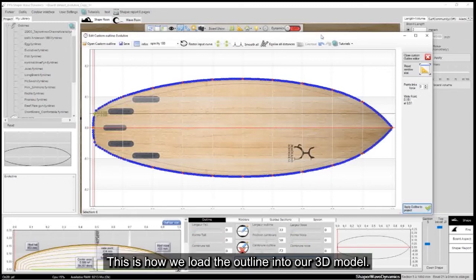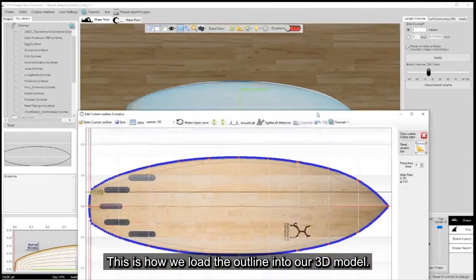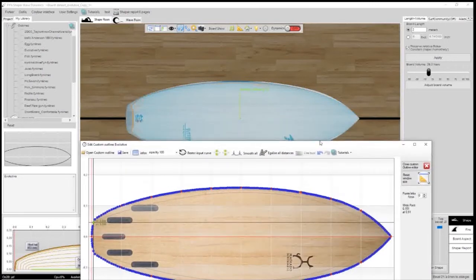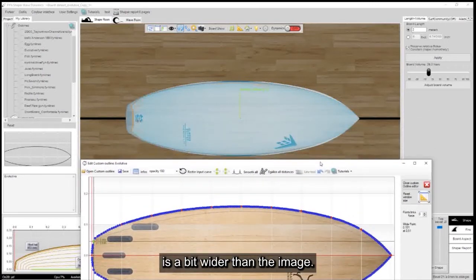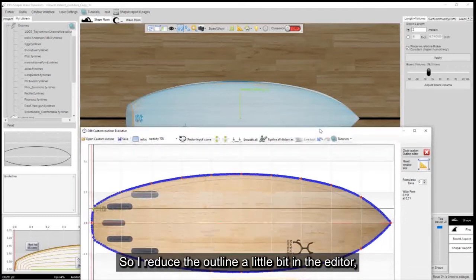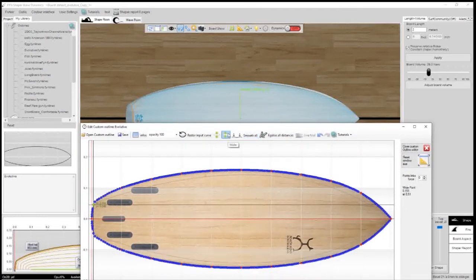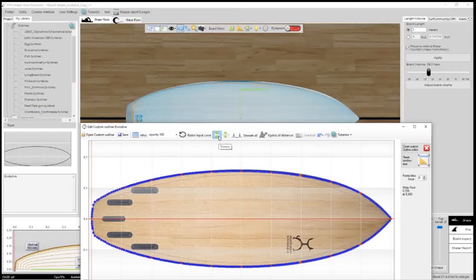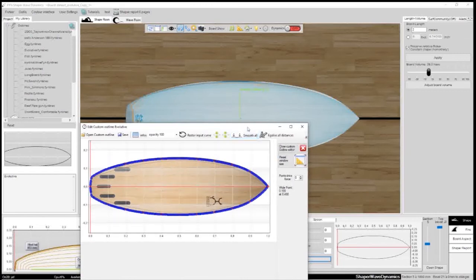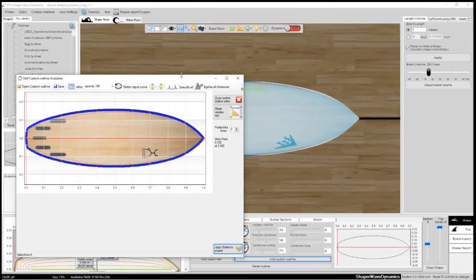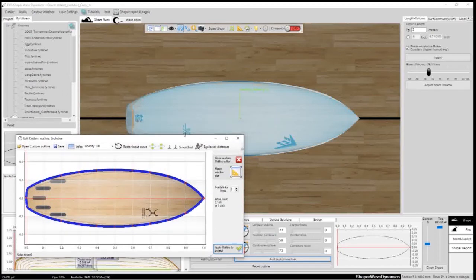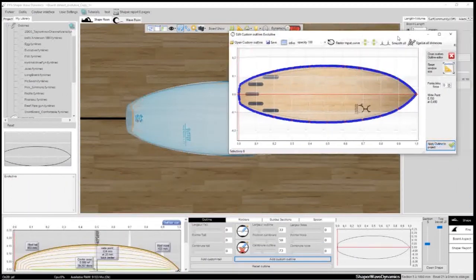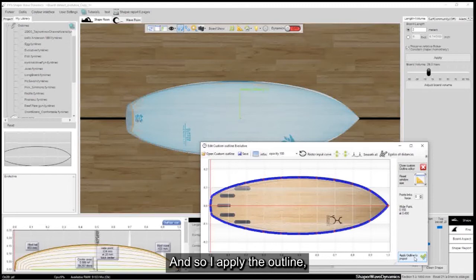This is how we load the outline into our 3D model. We see that the outline is a bit wider than the image. So I reduce the outline a little bit in the editor. And so I apply the outline.